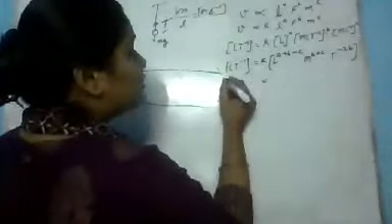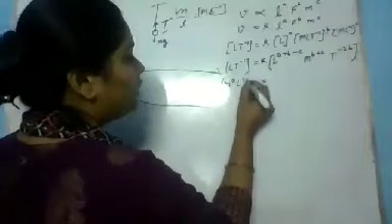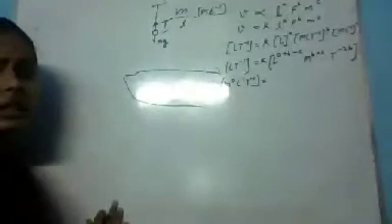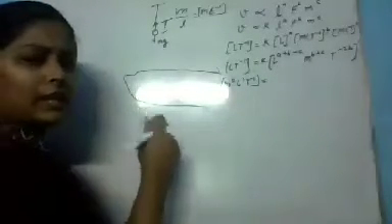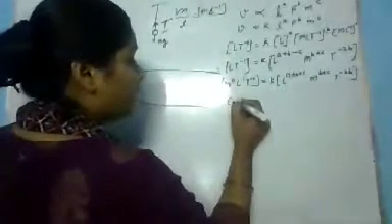Okay, great. So now we can write like this also, M to the power 0, L to the power 1, T to the power minus 1. Because we have to compare with the M also. And M is not given here, so I can write M to the power 0. Right? K equals L to the power A plus B plus C, M to the power B plus C, T to the power minus 2B. Now, compare powers on both sides.